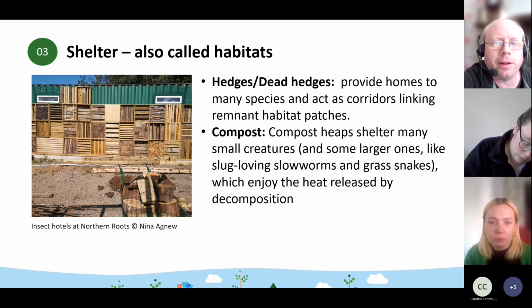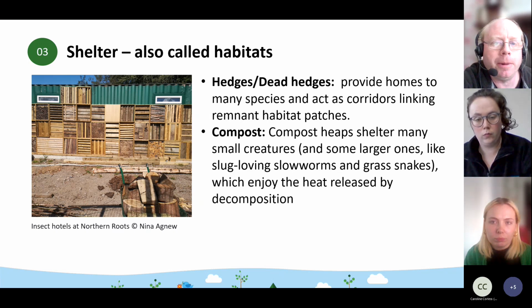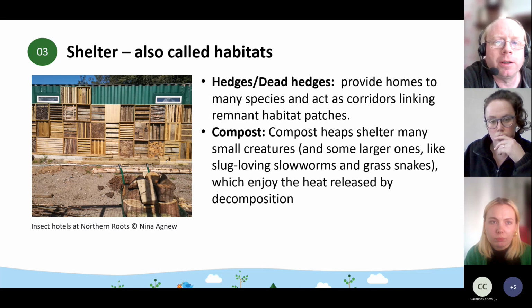And on that sort of park scale, it could be about creating new ponds, new ditches, new waterways, sustainable drainage. That will attract amphibians and insects that you might not have in that space. It might be about planting trees. They have a benefit for climate change. We've talked about the carbon benefits of planting trees.